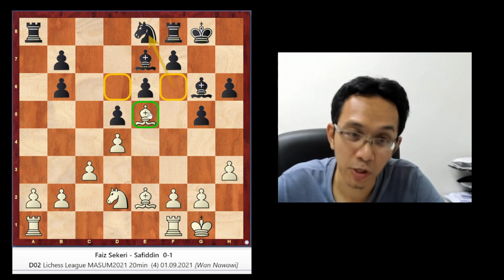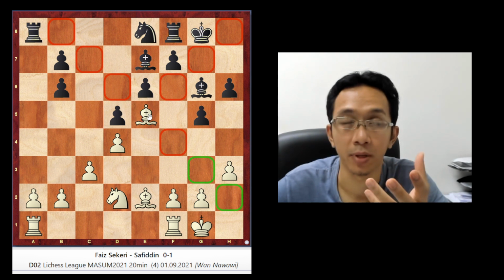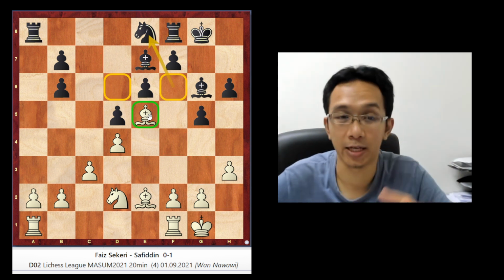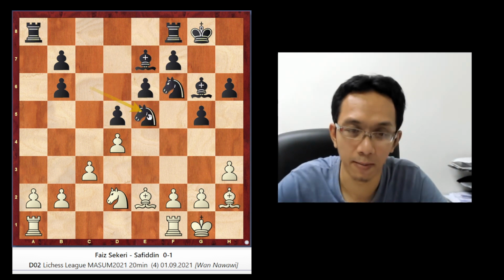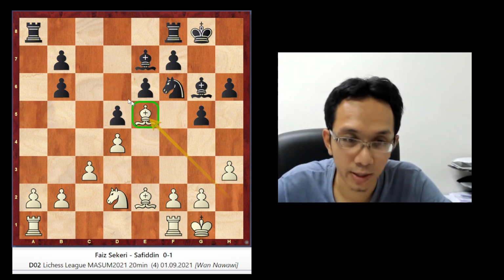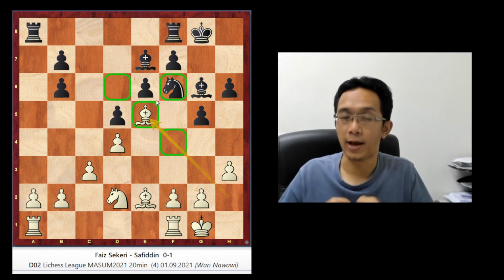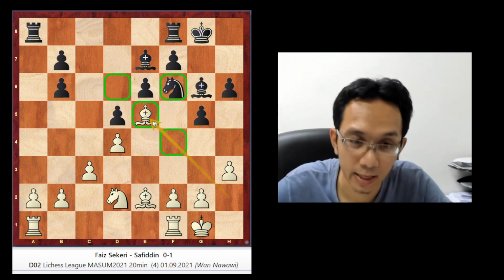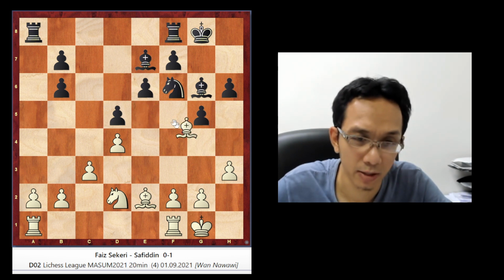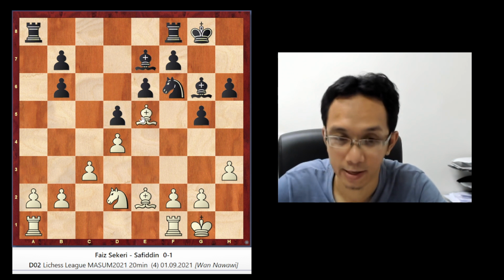Because once this bishop is exchanged, then black can think about expanding in the center. If you look here, the bishop is a dark square bishop, so it controls the dark squares. In order for black to expand in the center, he needs this bishop to get out. Because if the bishop is here, it still controls e5.